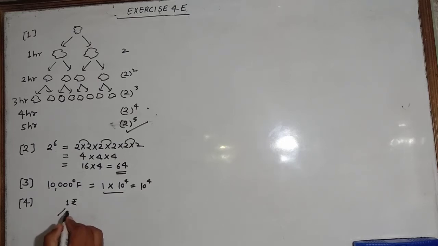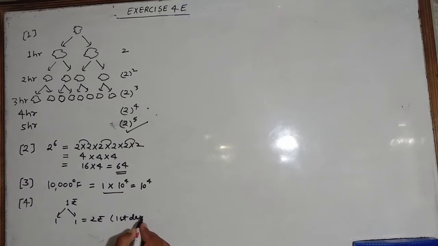So in the first day, after the first day he will have 2 rupees. Double of 1 is 2. So 1 plus 1, we can write 2 rupees he will have in the first day. In the same way, what he will have in the second day: double of 2, it will be 4. Means 2 to the power 2. 4 means 2 to the power 2, we can write. Same as we have done here. So this is the second day.